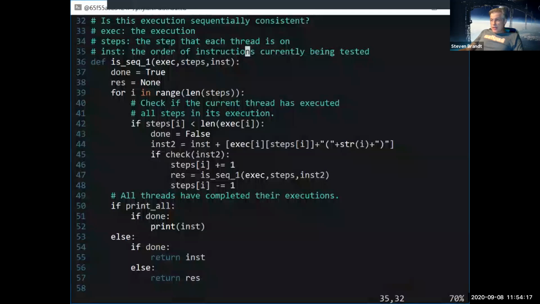What this is going to do is it's going to go through, it's going to iterate over the length of the steps array. And the length of the steps array should be the length of the execution array. Those should be the same. It's the number of threads that we have. Okay. And then for each thread, we're going to ask if the current step,